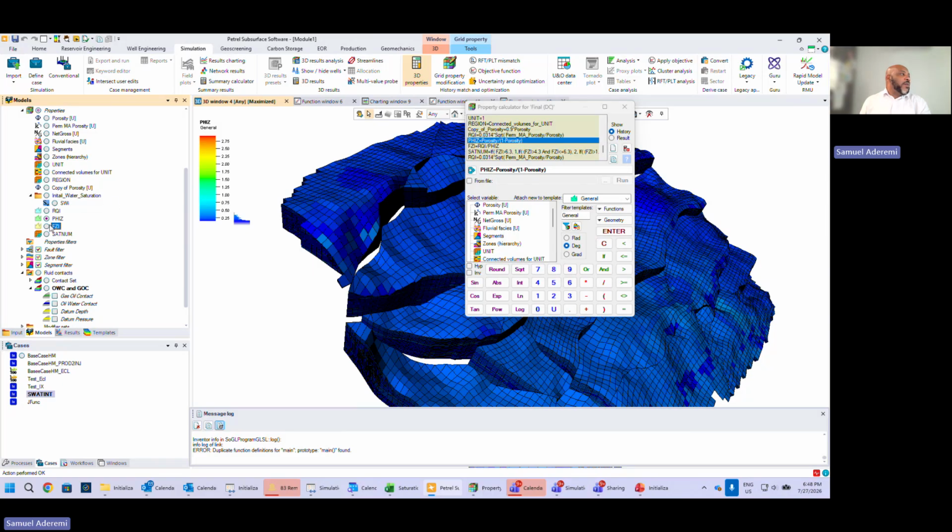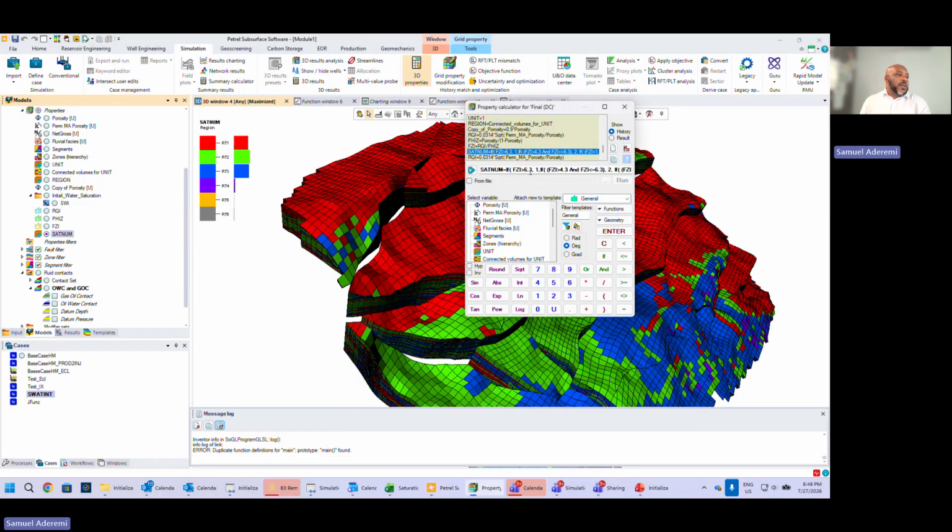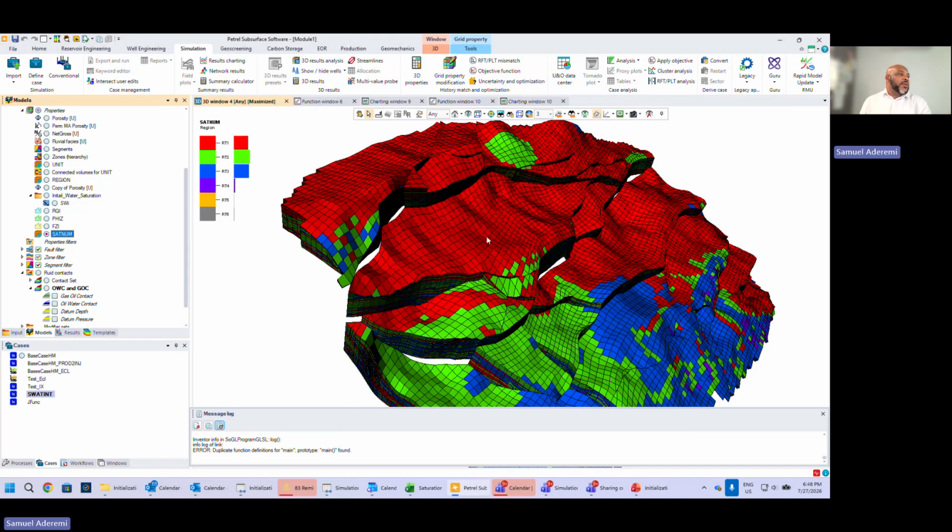And once you have done that for FZI that you have in your module, then you can create your SAT norm. The SAT norm is depending on the ranges of your FZI. So you can create your SAT norm for rock type 1, rock type 2. Okay. So each cell now, the grid cell, you can see them and different rock types that you've got in your model. Then the next thing that you want to do is to use this to set up your